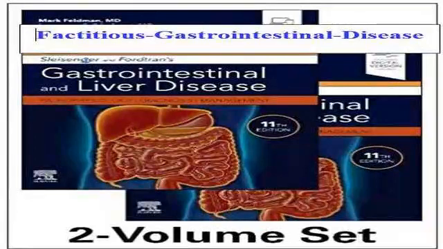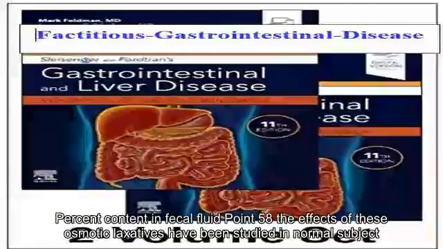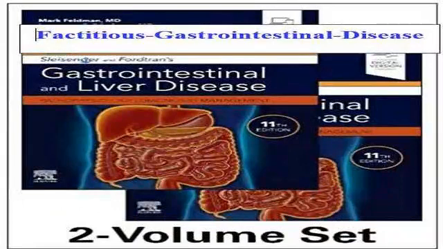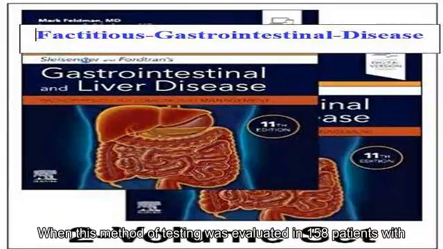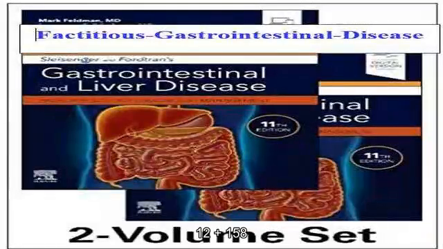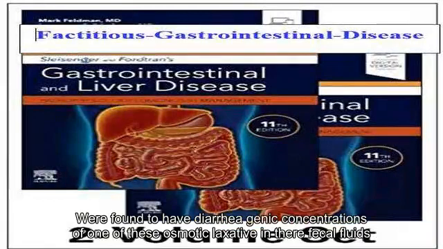See Chapter 16. When osmotic diarrhea is induced by ingestion of poorly absorbed solutes such as magnesium, sulfate, phosphate, or polyethylene glycol, chemical methods can quantitatively determine their percent content in fecal fluid.58 The effects of these osmotic laxatives have been studied in normal subjects, and the fecal fluid concentrations from normal people and from normal people with laxative-induced diarrhea have been established for each solute. When this method of testing was evaluated in 158 patients with chronic idiopathic diarrhea, 8%, 12 of 158, were found to have diarrheogenic concentrations of one of these osmotic laxatives in their fecal fluids.58